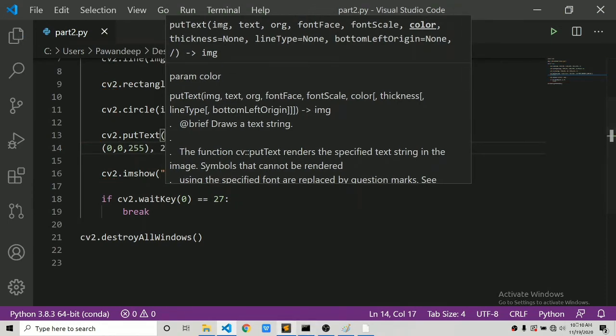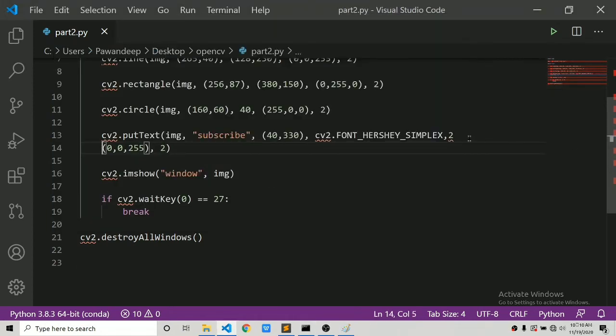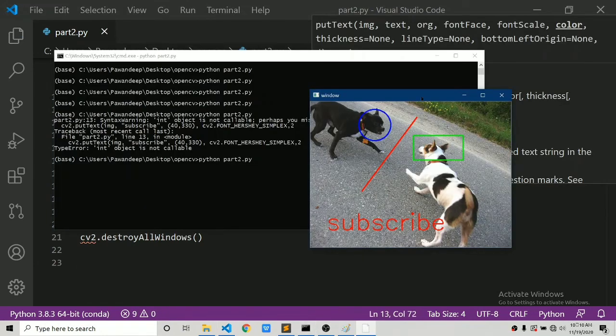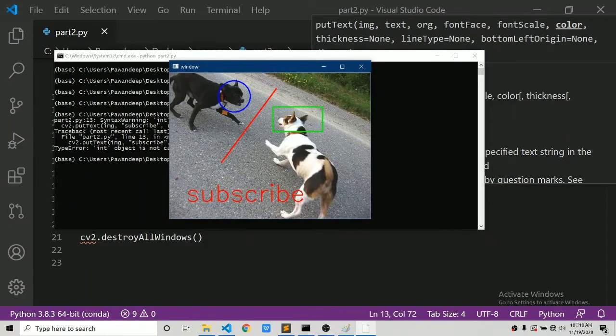Now let's save this and run this and see how it looks. Okay, I haven't used a comma over here. Now you can see there is a circle, there is a rectangle, and there is a text called subscribe.